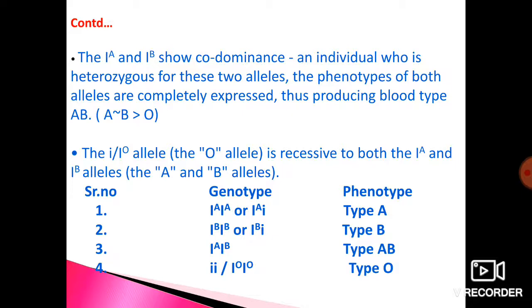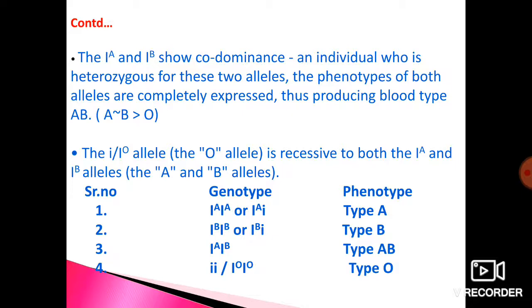As in serial number 1, if a person has homozygous capital IA and capital IA, that is one pair of allelic genes, because there will always be one pair in any homologous chromosome, or the person has capital IA in one and the other allele is small i,